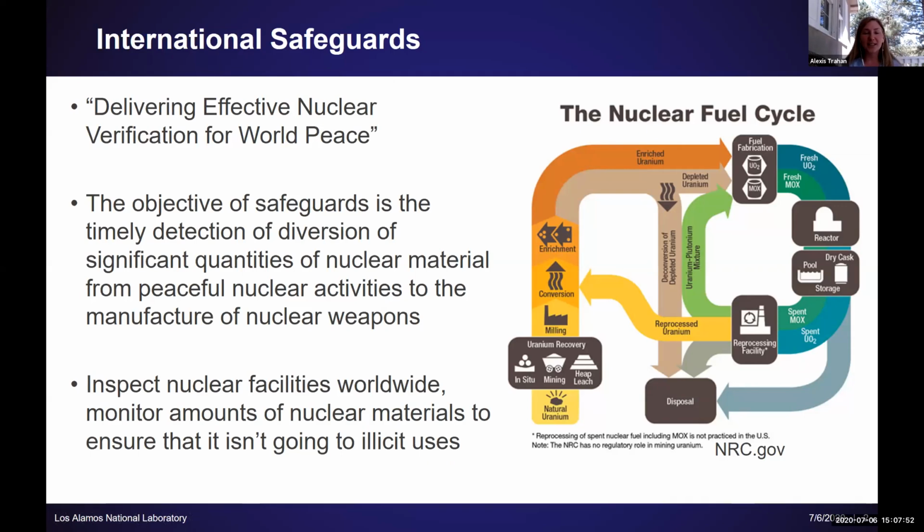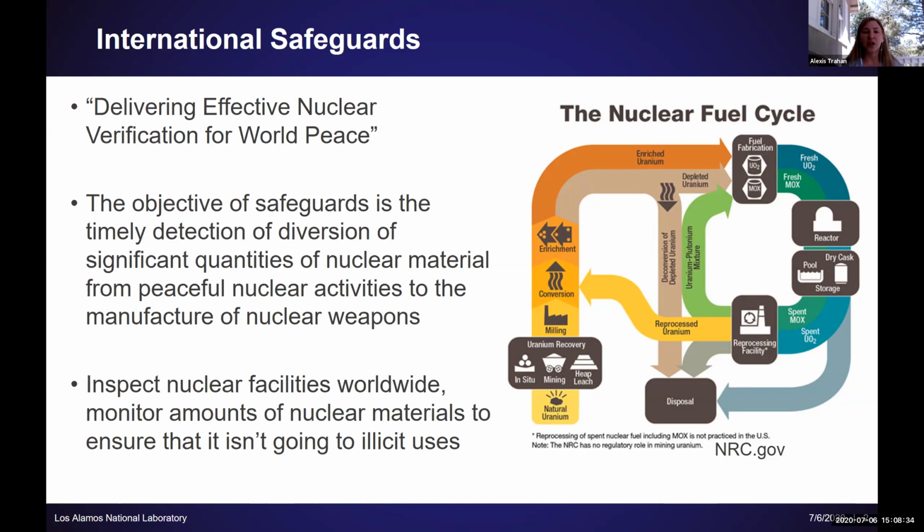So international safeguards. As I said, verification is one of the fundamental aspects of nuclear safeguards, and that is verifying that nuclear materials are being used by a country to support a peaceful nuclear program and not to support an illicit weapons program. The non-destructive assay measurements that we're going to talk about are part of this verification component of safeguards. We trust that states are cooperating with their agreements, their non-proliferation treaty agreements or other agreements, and that trust is verified through measurements of their materials.